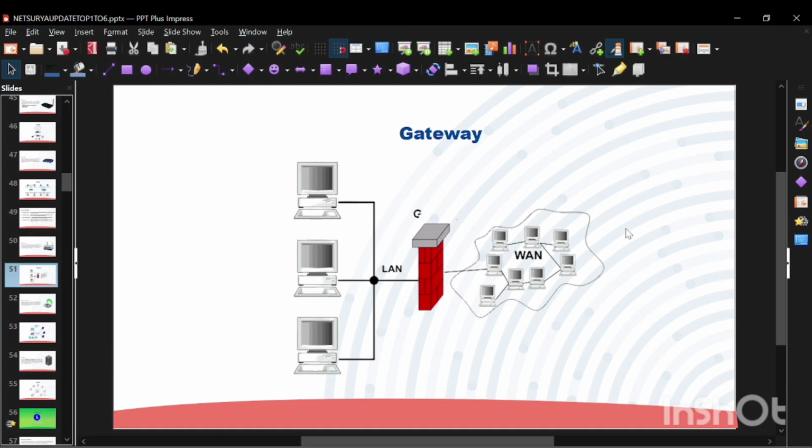So on the left side, we have three computers that are part of a local area network. It's called an internal network. Okay, this one. In the center, there is a red and black block labeled G, which represents the gateway. This one, and this gateway connects the internal local area network to the external network shown here as a wide area network. This one, okay. So now, what exactly does a gateway do? A gateway is like a translator or bridge between two different networks,